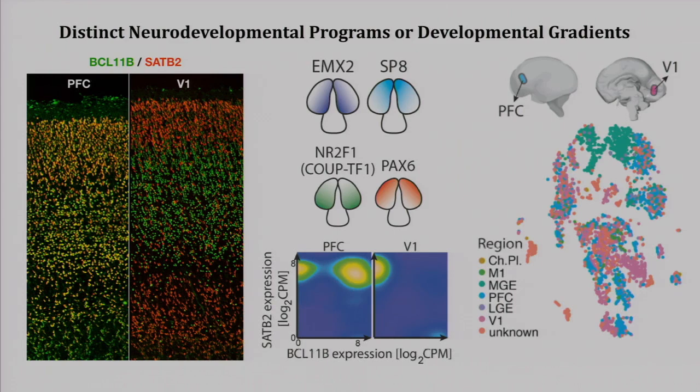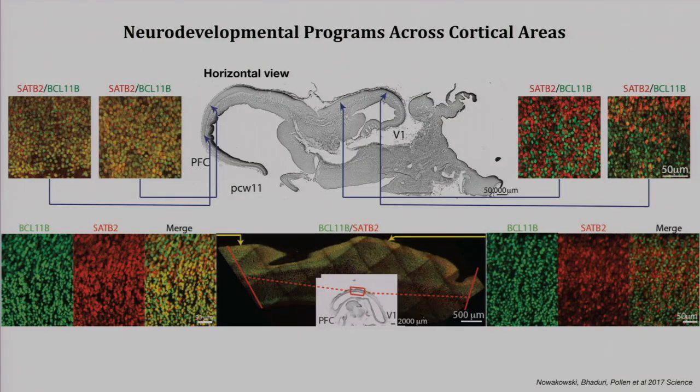If we looked, for example, in different anatomical areas of the cortex, would we see something that is more of a variation on a theme, or would we see a sharp boundary that could lead to the emergence of boundaries between functional areas? To this end, we leveraged access to postmortem sections of the human brain and stained them for these two markers. And surprisingly, pretty much everywhere we looked in the frontal areas of the cerebral cortex, we found these markers to be co-expressed, whereas in the caudal or occipital areas, and also in parietal, we see that the expression of these markers is restricted.